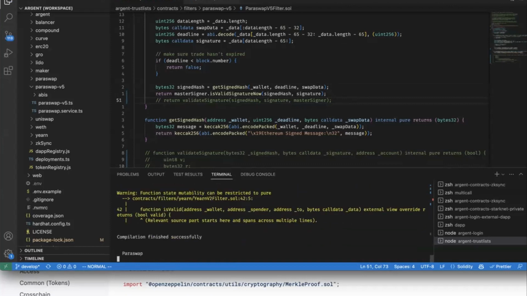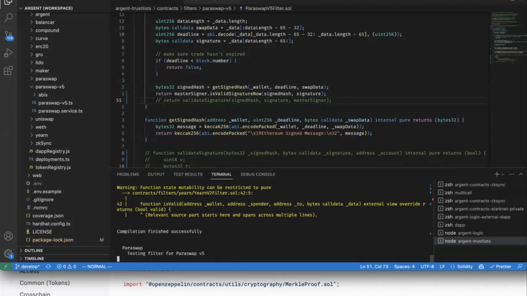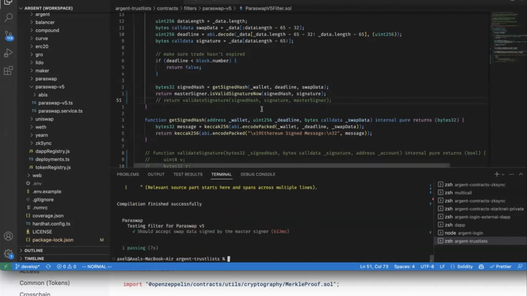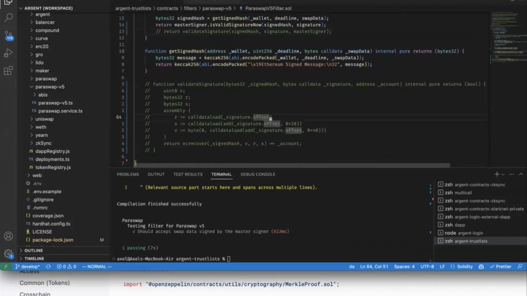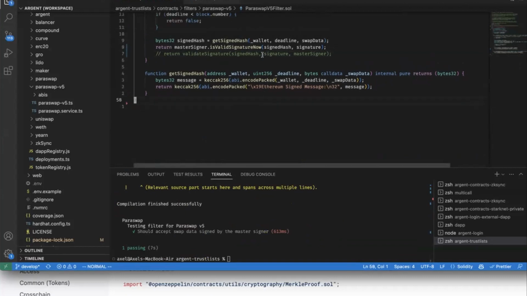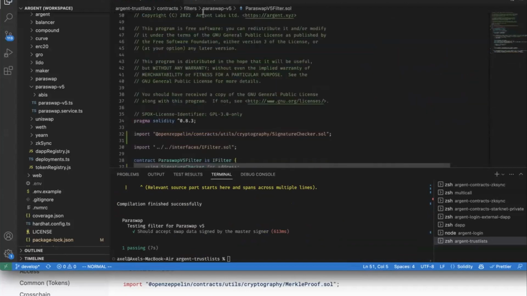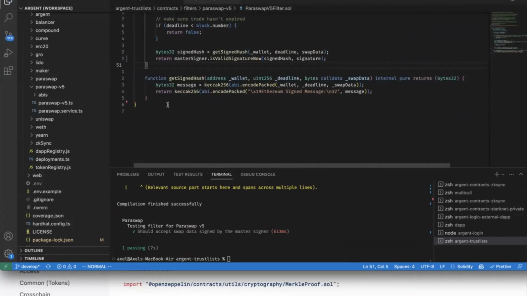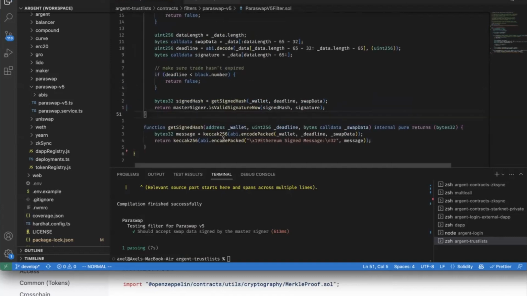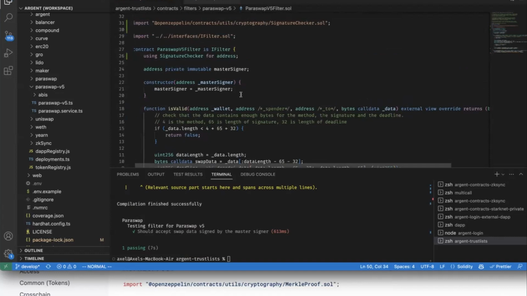Oh, we have some warnings probably. Oh, cool. Worked on the first try. So cool. Yeah, that was it. That was a pretty simple change. You add a library, you replace all that assembly, EC recover complications, and it makes your code simpler. It's actually just as efficient in the regular case. We can check, if you want, what this isValidSignatureNow does.